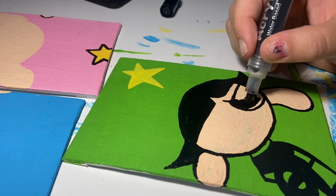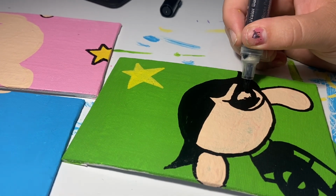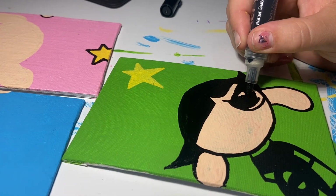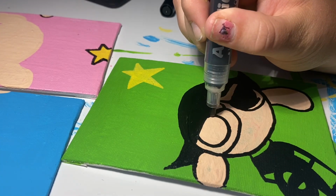We're moving on to the eyes right here. I started with an eyebrow, and then I'm going in with a round eyeball shape. If you can't make a round shape, you could take anything that has a round cap and just trace on that. I feel like a water bottle cap might be a really good option for this size of a painting,